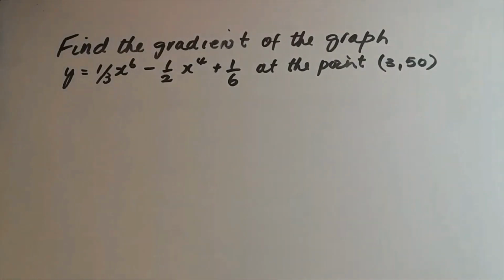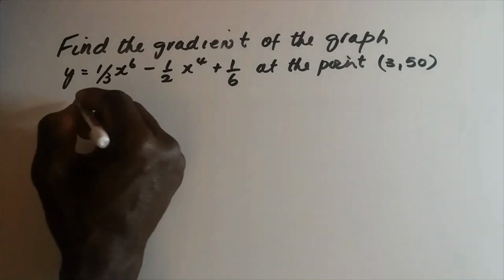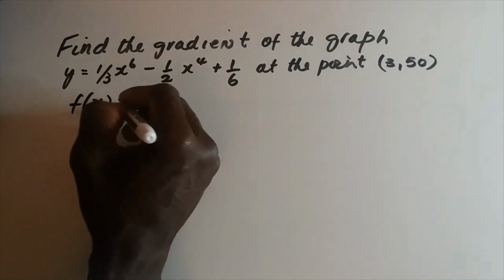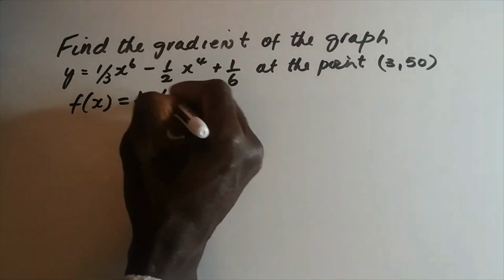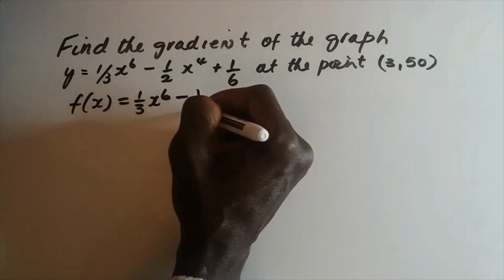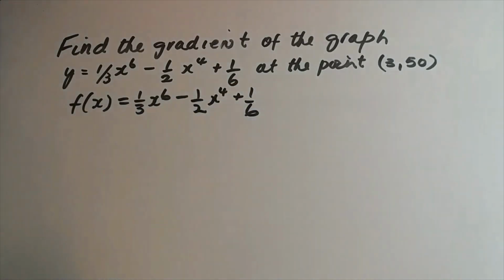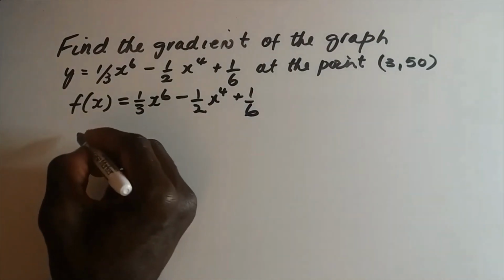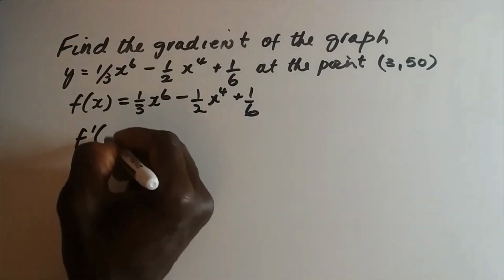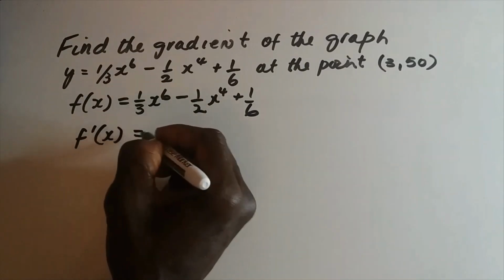Right, find the gradient of the graph y is equal to a third x to the sixth power minus a half x to the fourth power and 1 over 6 at the point 3, 50. We know that f of x is this same graph. And we know our gradient, f dash x, when we differentiate this,